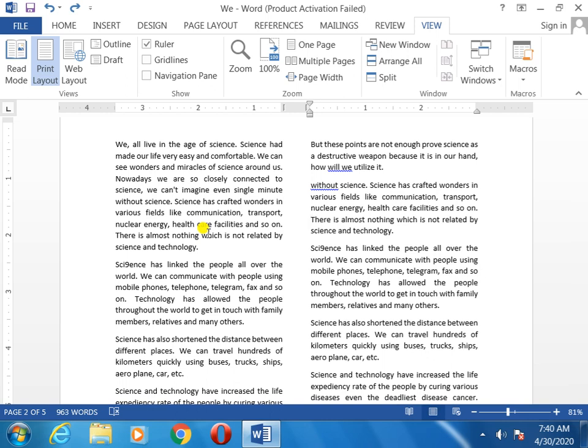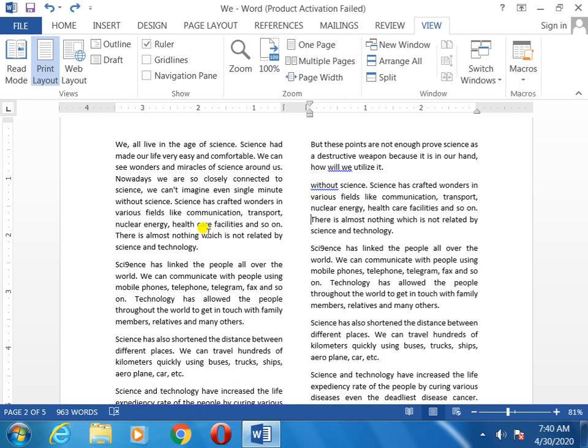Now I will show you the orientation. What is this orientation? My dear students, sometimes you have seen a page printed horizontally and another type vertically. Okay, these two types of print we can do. These things are called the page orientation. Now the question is coming, where is the orientation located?